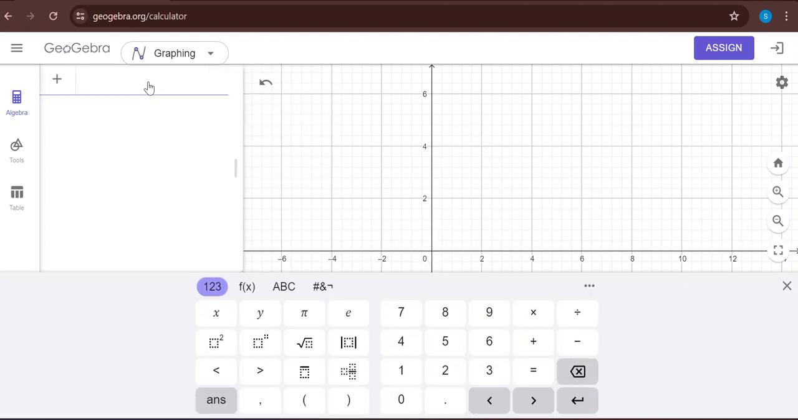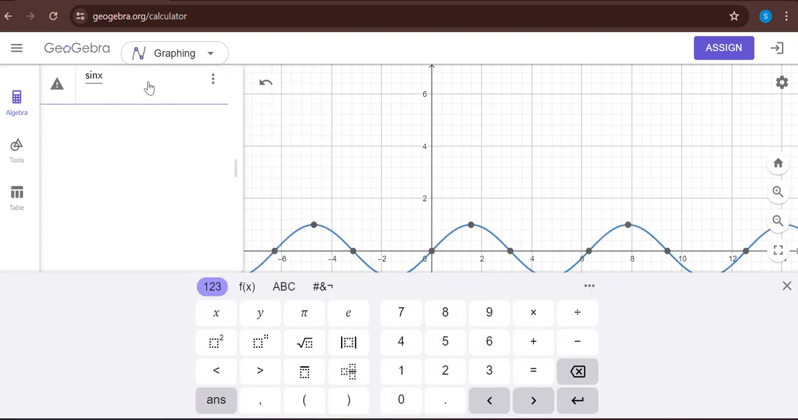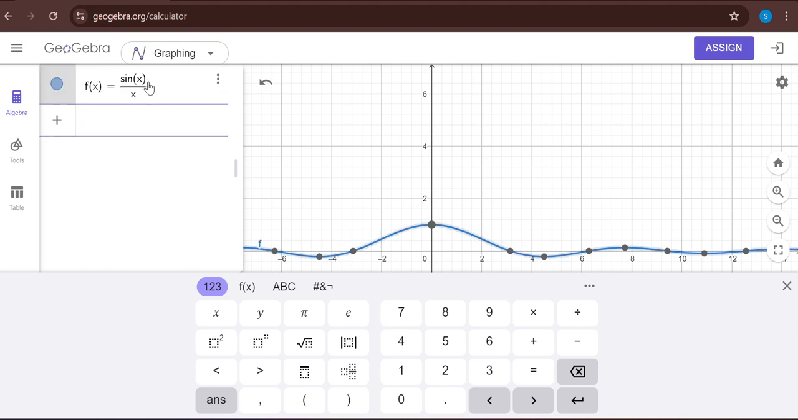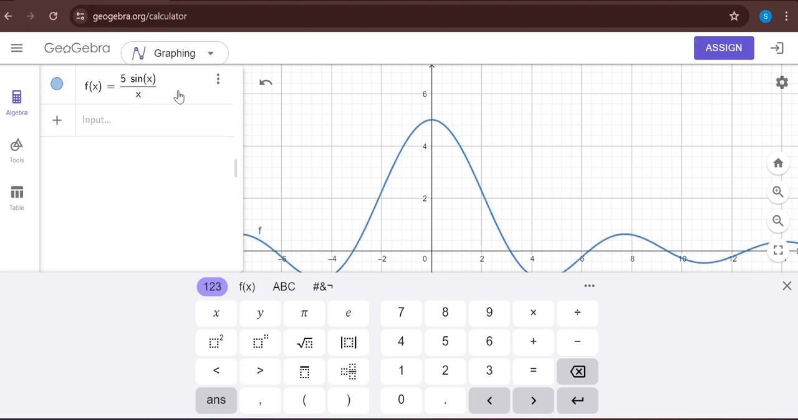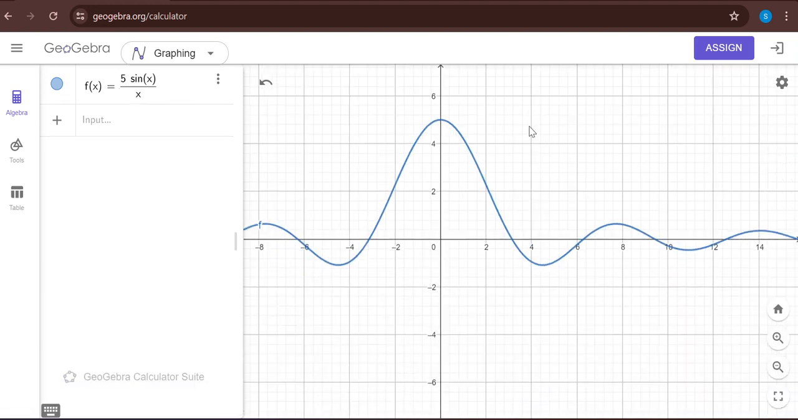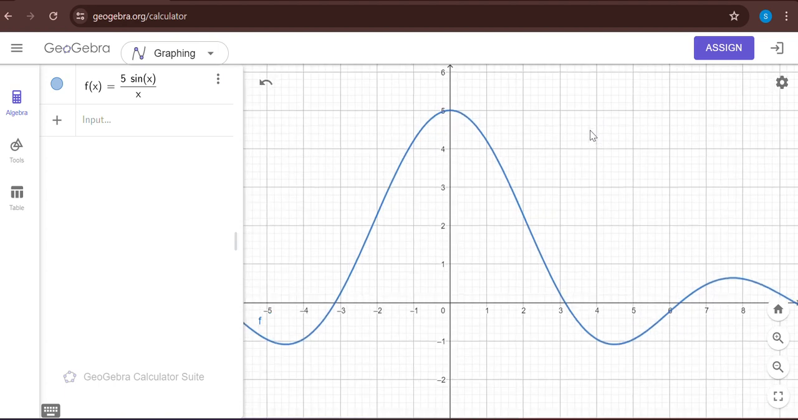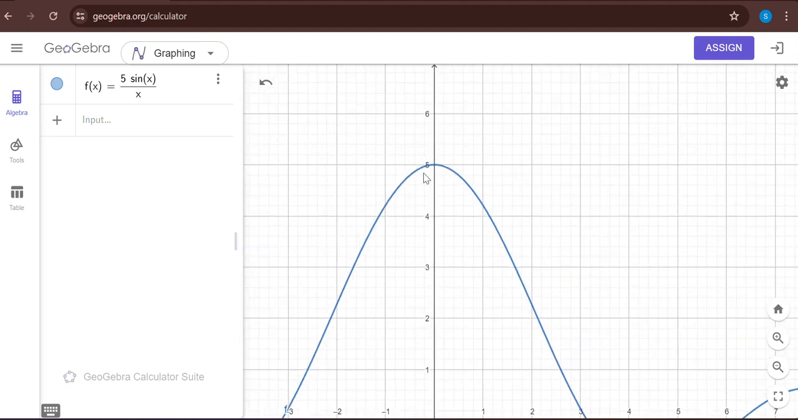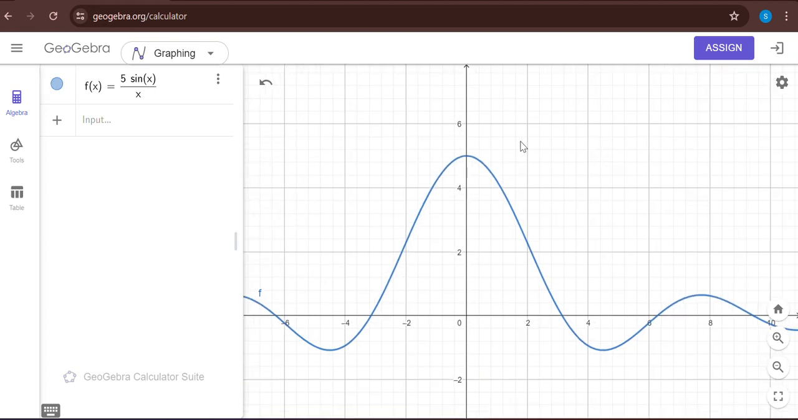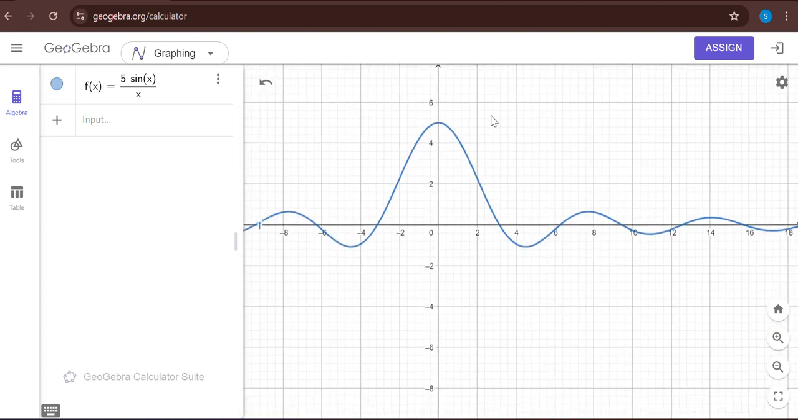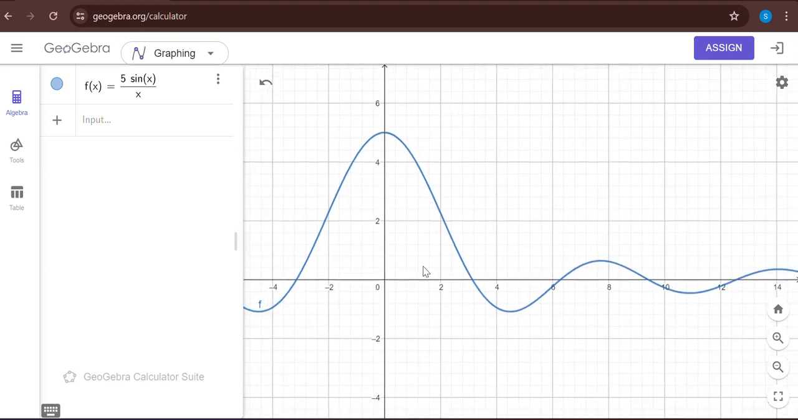Now let me move to sin x by x. I'm going to take 5 times, and I think it will be clear to you. You can also do 10 times for your experimentation. This is our 5 sin x by x. Look carefully, the maximum value is here, which is 5. After that, as you move ahead, that is, as the value of x is increasing,